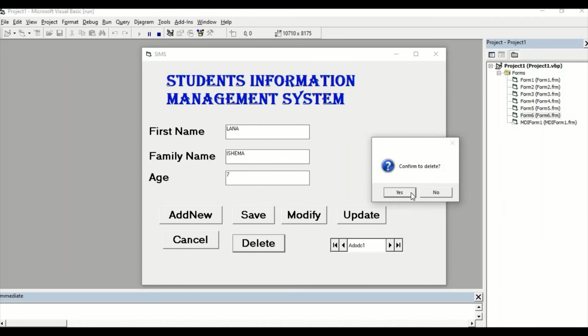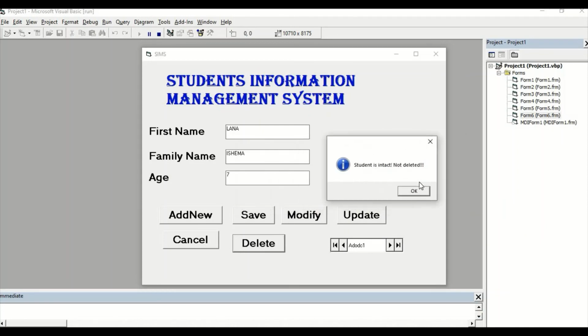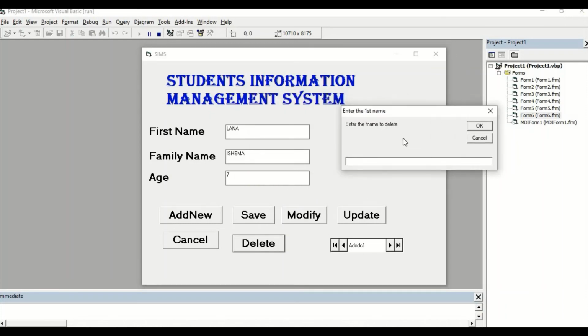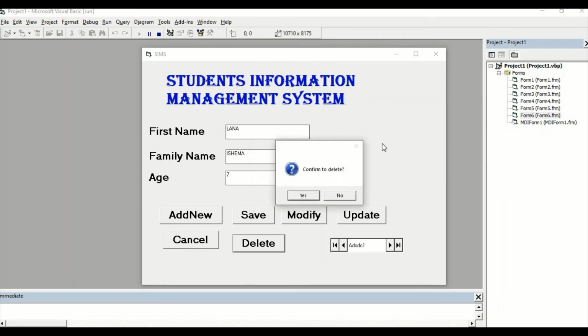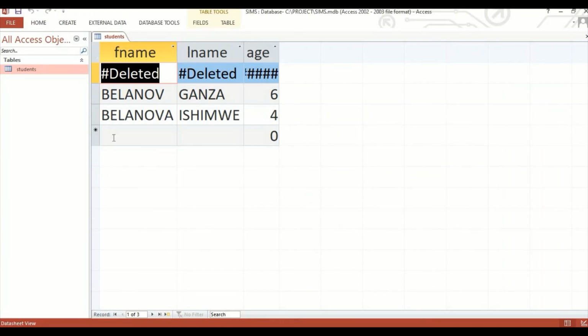Confirm to delete, we can click on yes or no. When we click on no, this message should be displayed. But when we again write like that, we write Belanov, then okay. Confirm to delete, yes. So we should see that